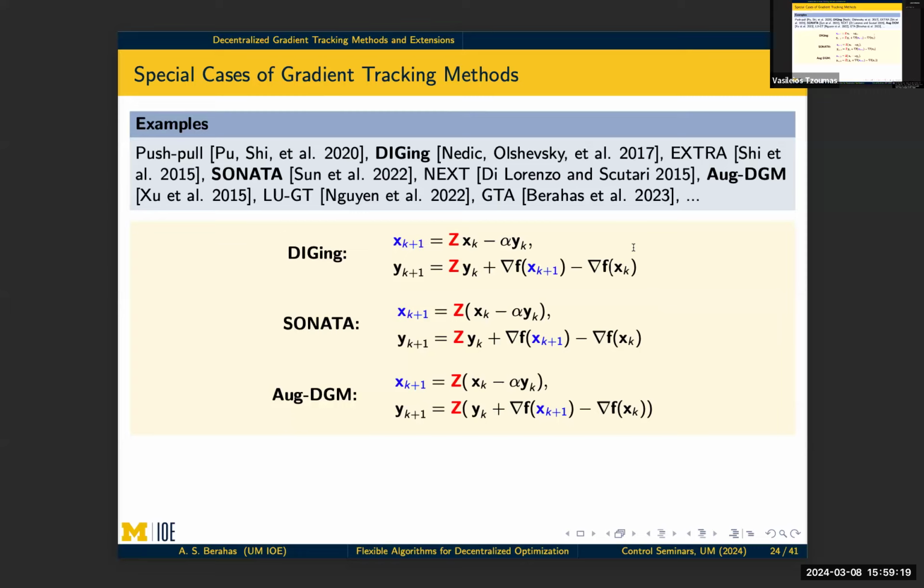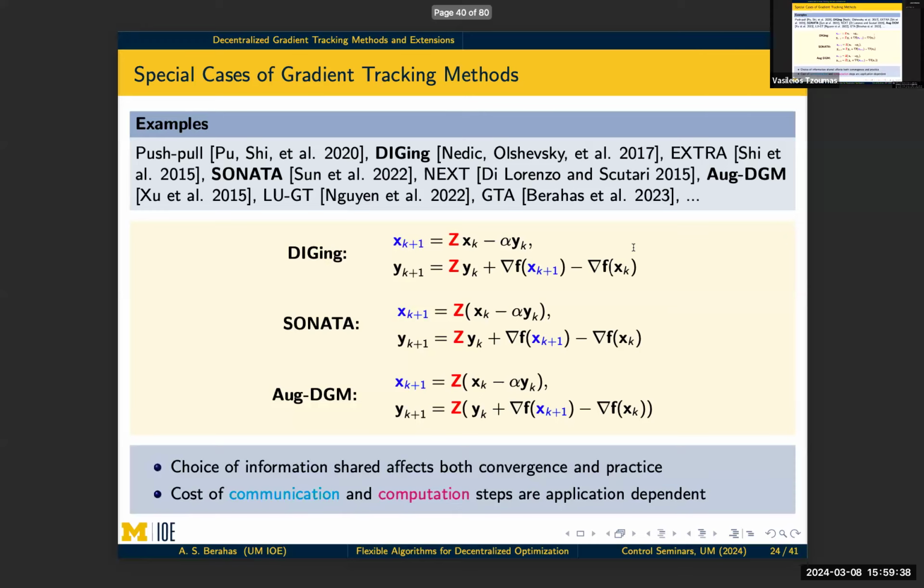The bigger problem is that the analysis for DIGing and SONATA and DGM is very, very different. And so it's very hard to compare algorithms theoretically. It's also hard to compare them empirically because one paper defines your optimal alpha, another paper doesn't define the optimal alpha. And so what our goal was, or our first goal of this,